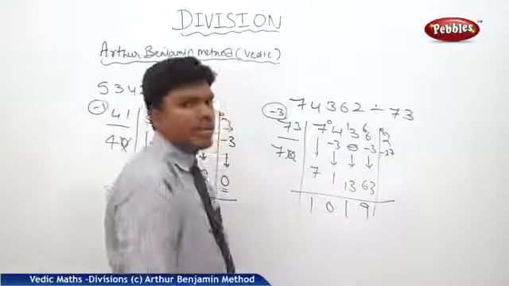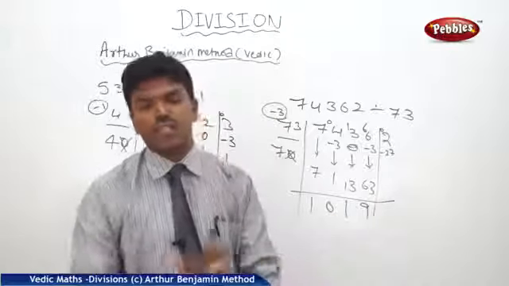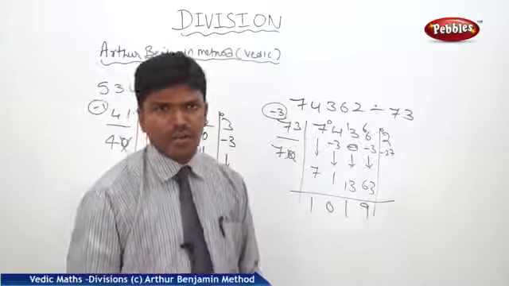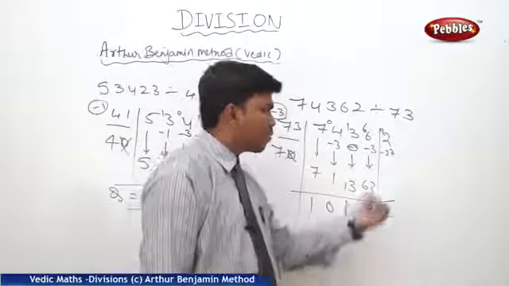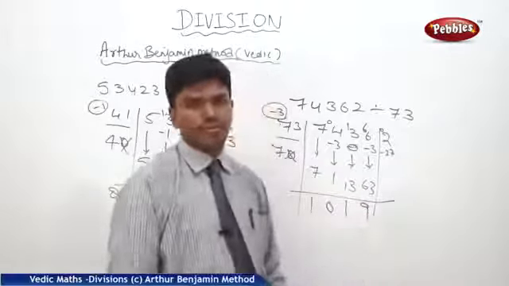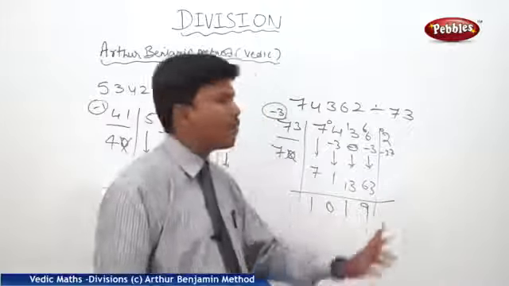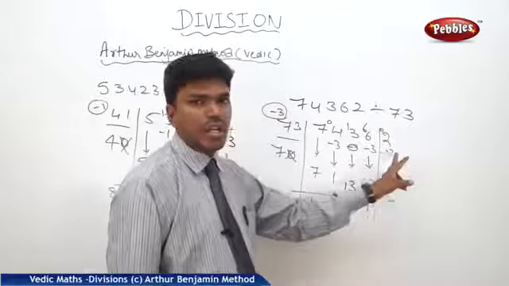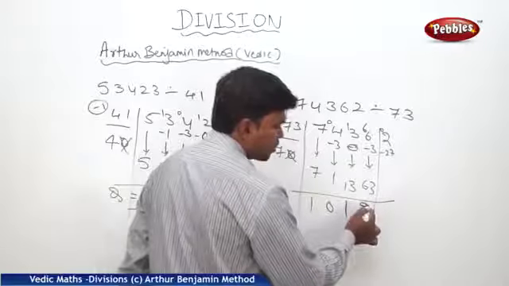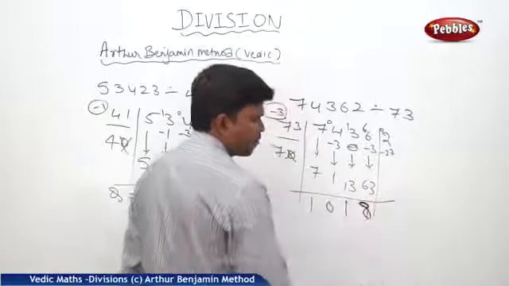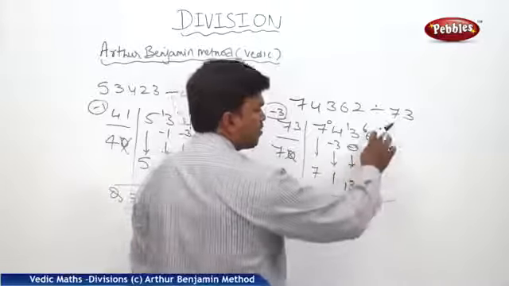Now you got the turn here. 2 minus 27. Is it possible? No, it is not possible. Yes or no? At that point of time, what you need to do is the previous quotient figure should be reduced by 1. That means we should not go for 7 nines or 63. Why? Because in the next digit the subtraction is not possible. So we have to go one digit down, reduce it. So 7 8s are 56. If I take 56, what is my remainder? My remainder will be here